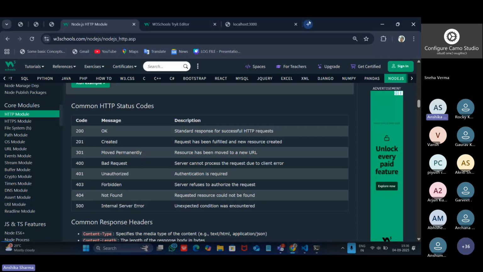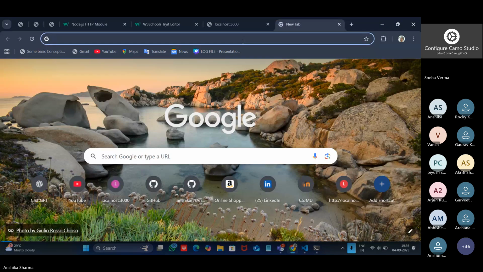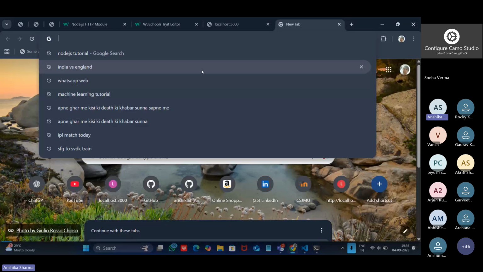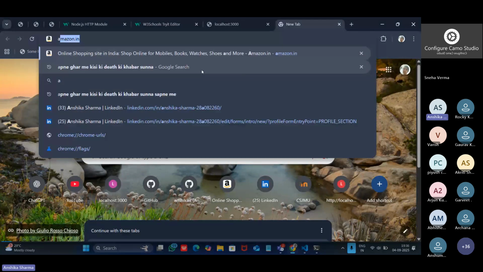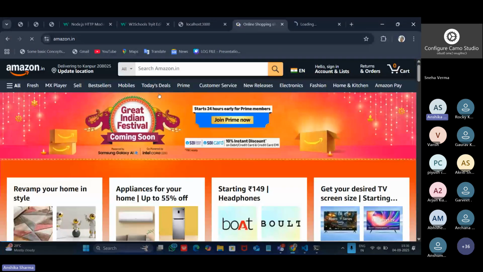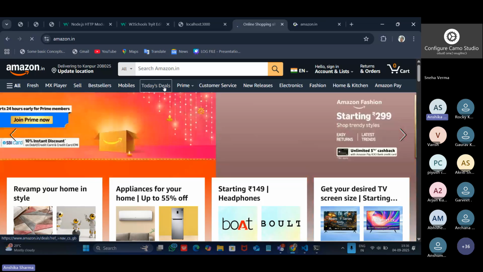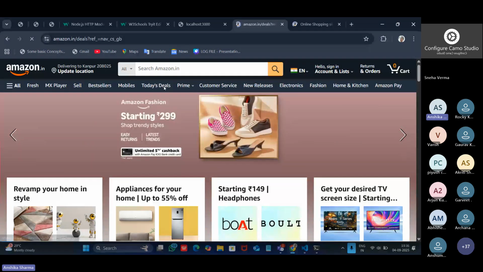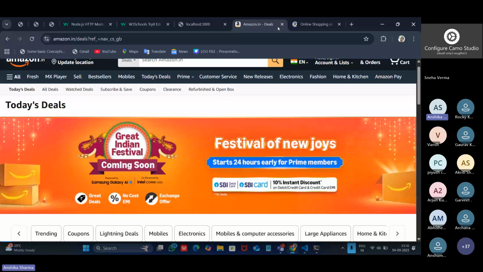Even if we try to see, as I checked for Amazon.in in the last class, if I go to today's deals and try to access one of the routes that is not present in the database, what does